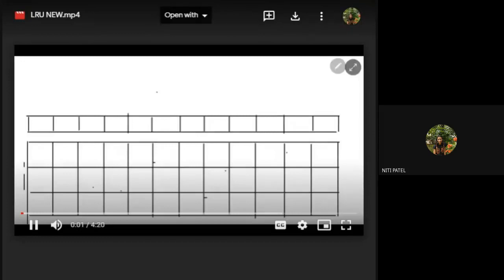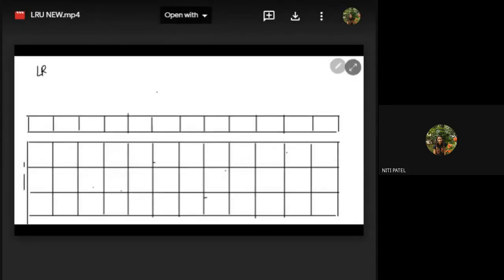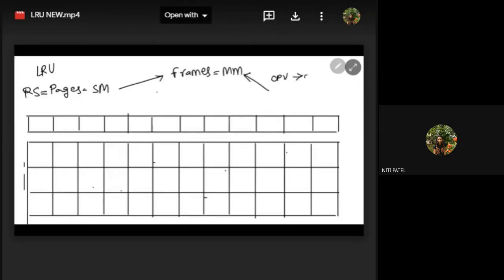Now let us see the next algorithm, that is LRU, which stands for least recently used. So whichever pages are least recently used, we are going to replace those pages. So here again we have a reference string, which are nothing but the pages that are inside the secondary memory. So we have to convert them into the frames, or we have to put them into the frames which can be understood by your main memory, and then the CPU will select them for the purpose of execution. So we have the reference string as same: 1 2 3 4 1 2 5 1 2 3 4 5.